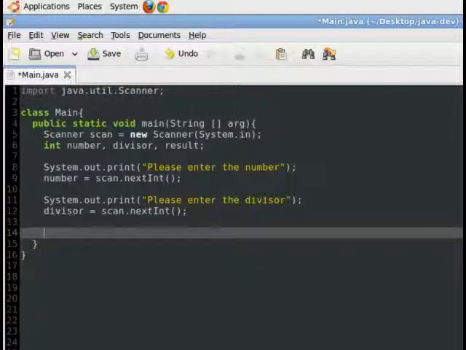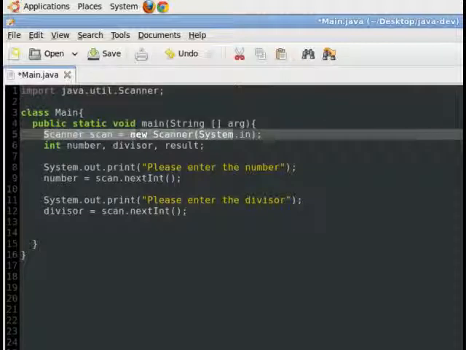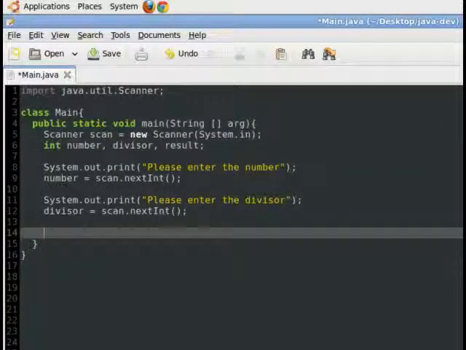So right now I have just imported the Scanner class. I have declared the scanner over here and made a scanner, and then I have declared three variables: the number, the divisor, and the result, and then I have scanned the number and the divisor. So the modulus operator works pretty much similar to the other operators. So we say the result equals